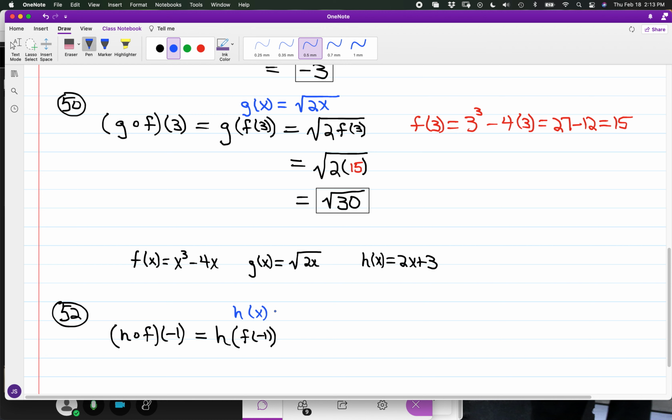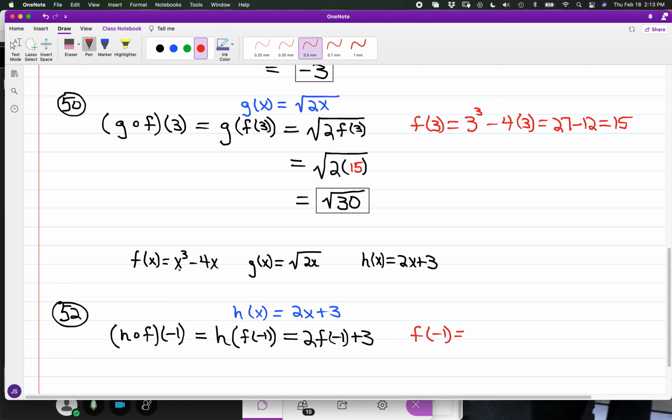And so just creating the pattern for the follow through with the development of the compositional result. We have h of the input is equal to 2 times the input plus 3. And in the composition, now we have 2 times f of -1 followed by the addition of 3. And again, just for the specific value of f of -1,